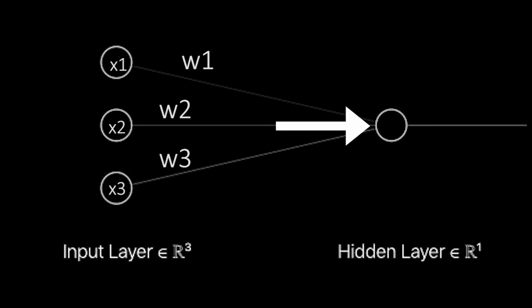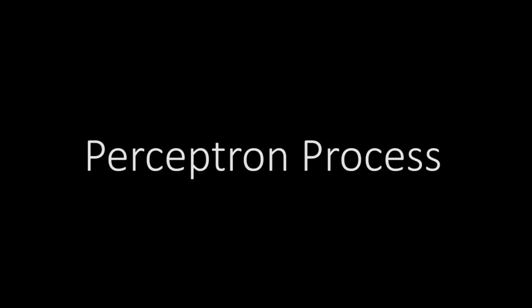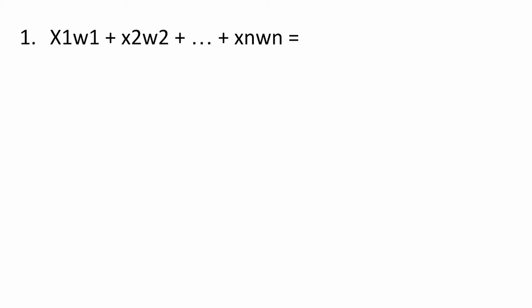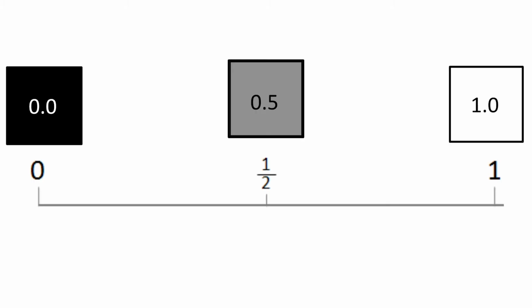To find this number, we go through what I like to call the perceptron process. This is my own term, so you probably won't find it anywhere else, but here's how it goes. The first step is to sum up the products of each weight and input, and remember that weights can also take on negative values. This can also be true of the input, but at least not in the example that we have given with the grayscale values, as it is between 0